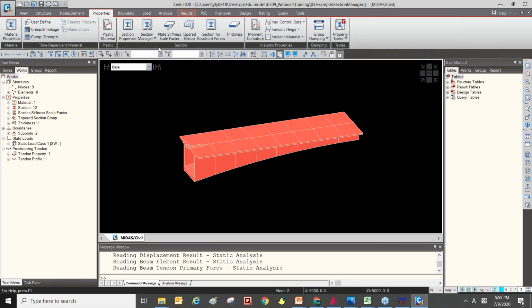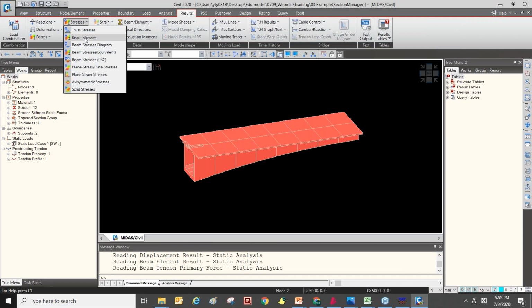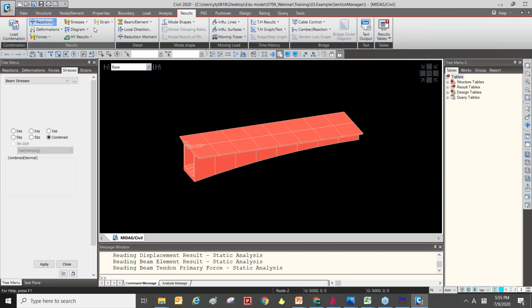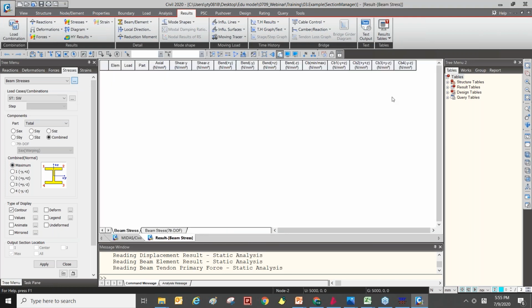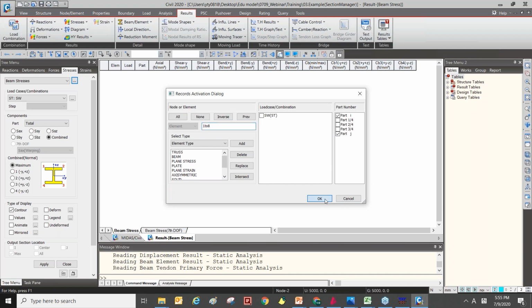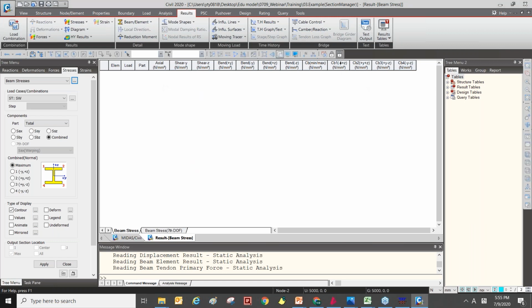Regarding the results, there is the section stress beam stress option. So as you can see, there is 1, 2, 3, 4, right? So for the default section, you can see the stress results at point number 1, 2, 3, and 4.